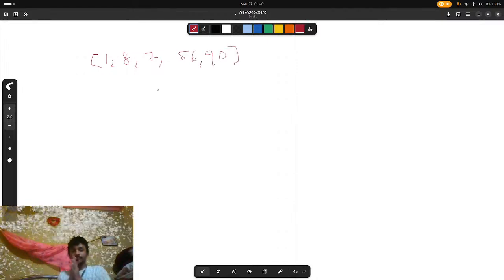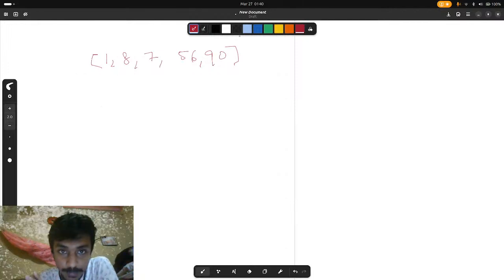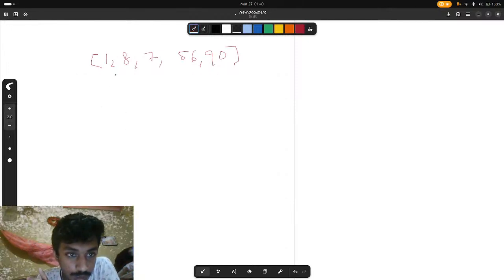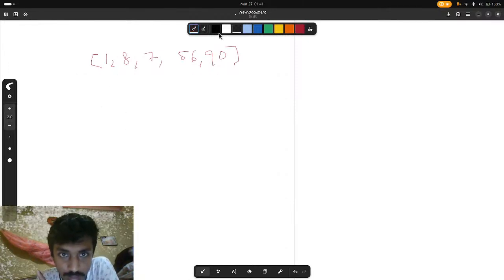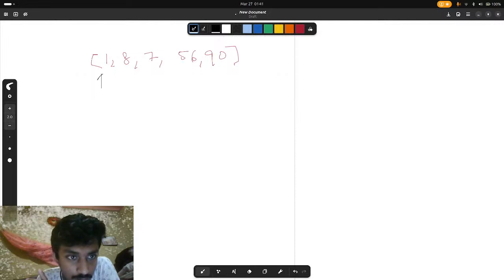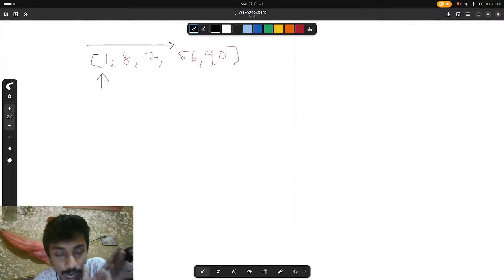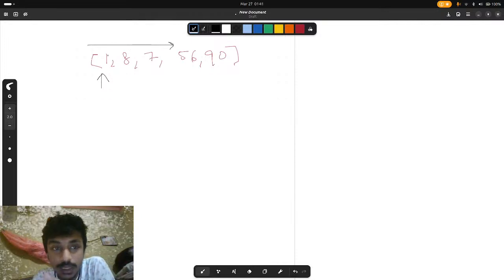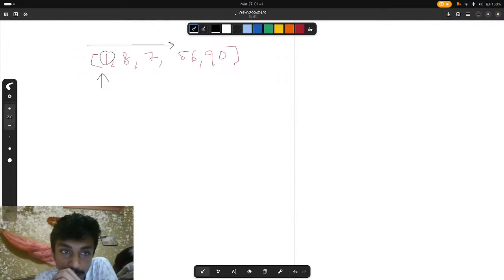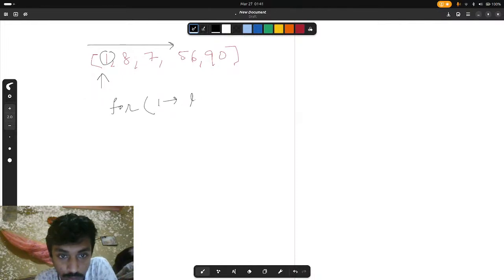So can I say go from first to last, iterate throughout the array and check